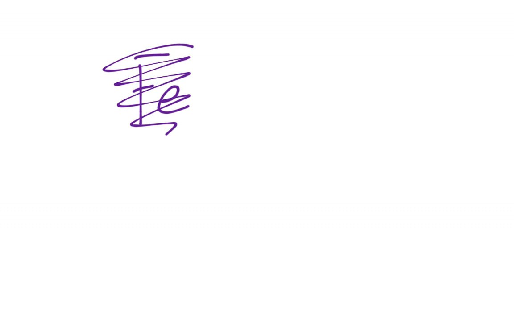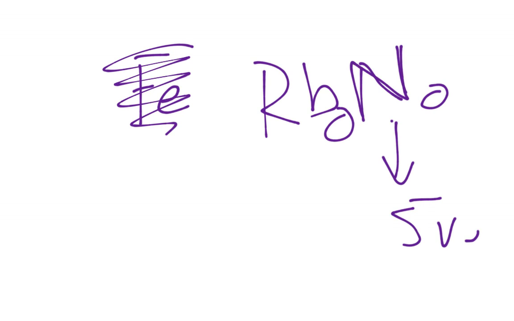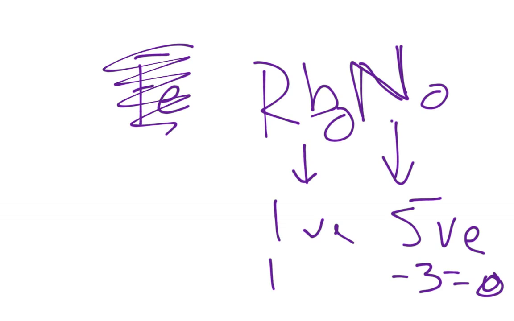All right, so let's look at, let's not do iron. Iron's got some other things that we've got to worry about. Let's do rubidium, okay, with nitrogen. And we've got to figure out what the ratio is, what numbers are going to go here, what numbers are going to go here. Let's start with that. Nitrogen has 5 valence electrons, okay, so it has a -3 charge. It's going to gain 3. Rubidium has 1 valence electron, so we've got to make this add up to 0. So 3 there, 1 there, so we're looking at